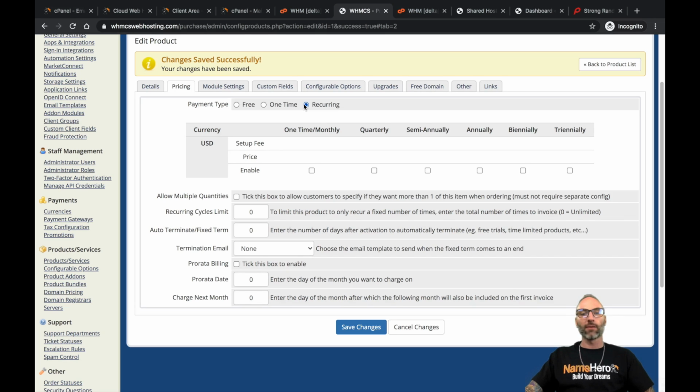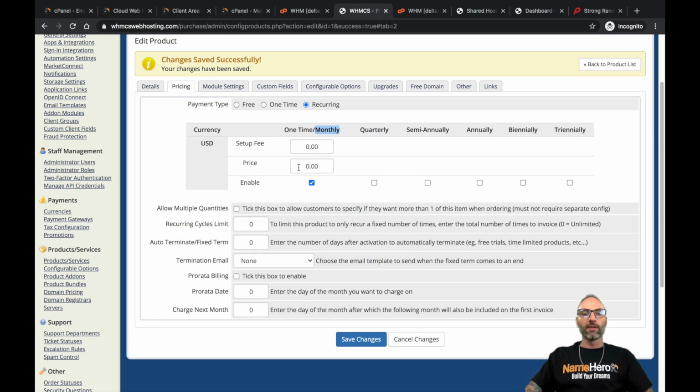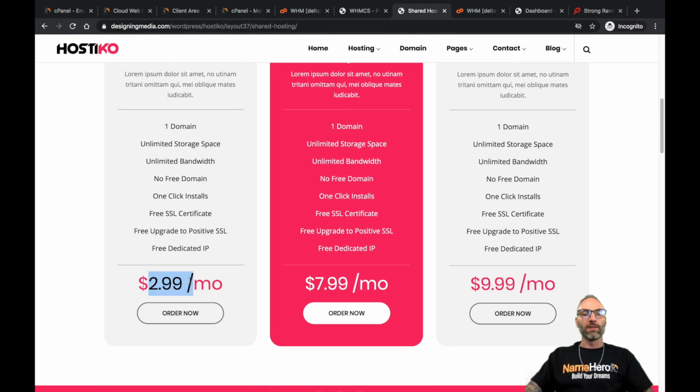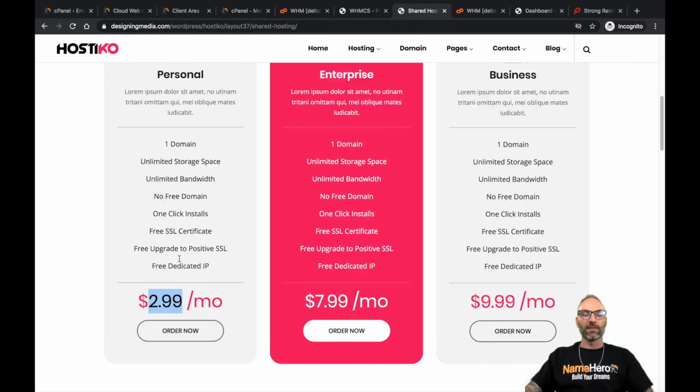Now, we just selected that recurring, and now it gives us these options for how to price it. So you can see one time / monthly. Since we selected recurring, this means monthly. We enable it, and then we can set up a setup fee and a price. So if we go back to our site, you can see just for the default template here, it says $2.99